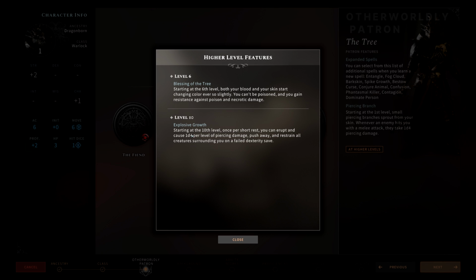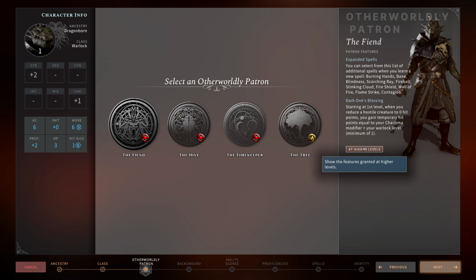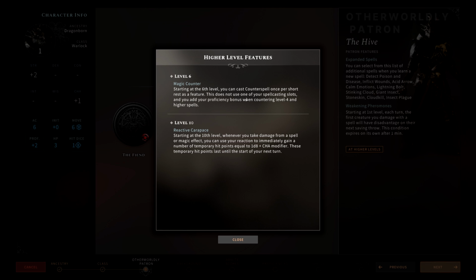This is a really nice ability to be able to use on a short rest. So I really like this ability. Now, if I was going to rank these just based on spell choices, based on the abilities you get, I still probably would say that the Fiend is probably one of the best ones to choose, just given what you get here. This is pretty cool, getting counterspell and